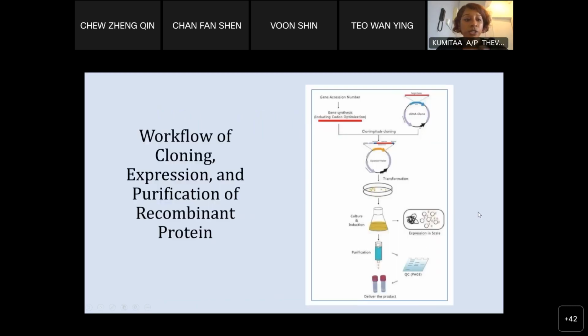Workflow of cloning, expression, and purification of recombinant proteins. Almost towards the end, I think we just have 4 or 5 more slides to go. So we saw this in the last class as well. You start with your gene, you clone it into your expression vector, you transform it, you grow it in your organism or expression system of interest, you purify it, and then you finally have your final